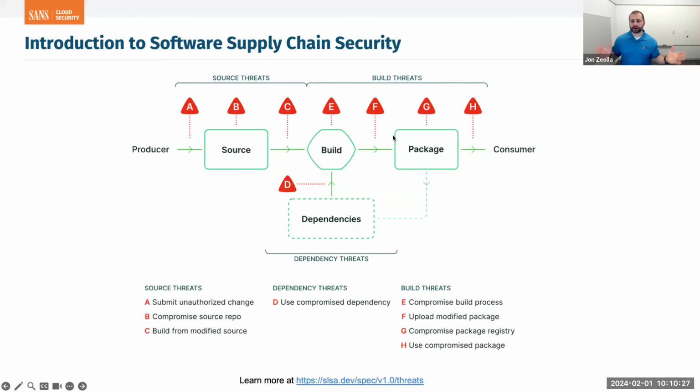And as a part of that process, there are a lot of potential for attacks. So this is a picture that comes from the SLSA project, which we'll talk about a little bit later, but the goal of SLSA is to improve the software supply chain. And you can see A through H, all kinds of different problems, starting from when you have source code, when you just are looking in your IDE at code.